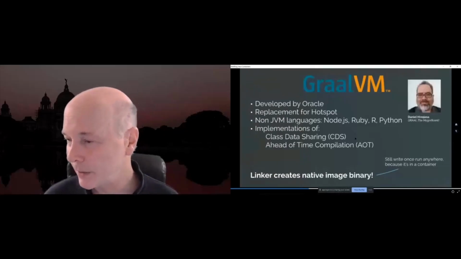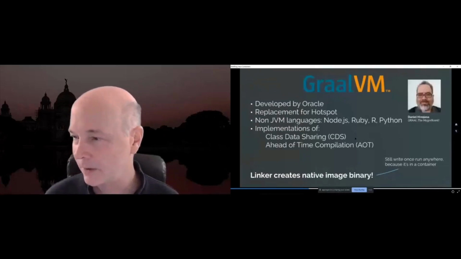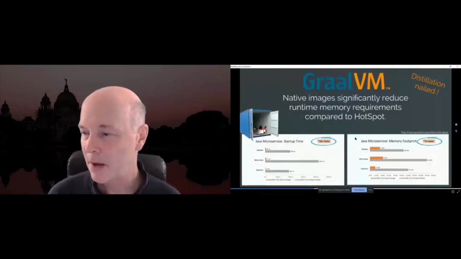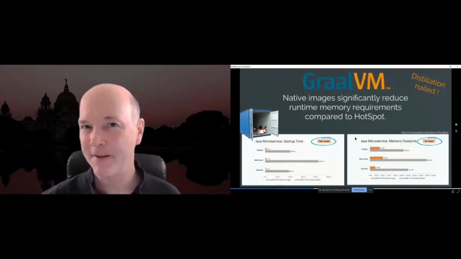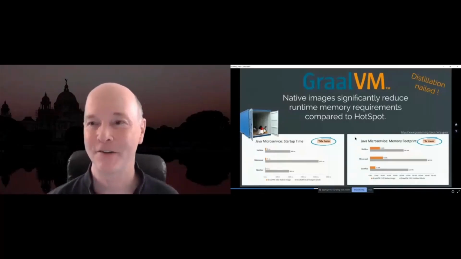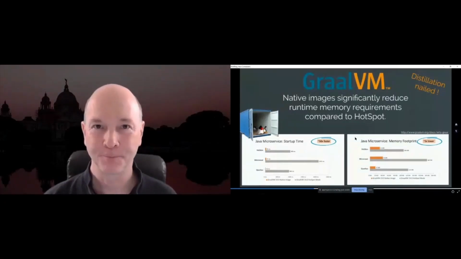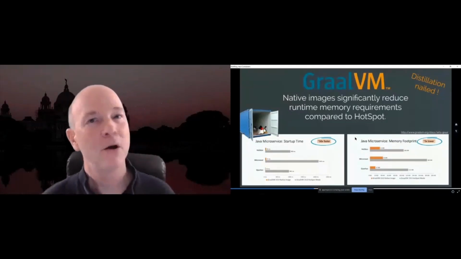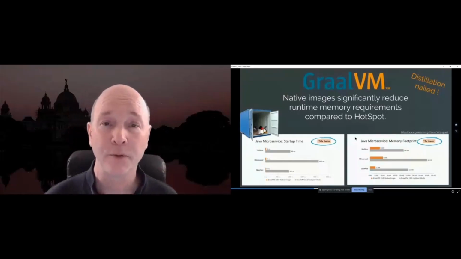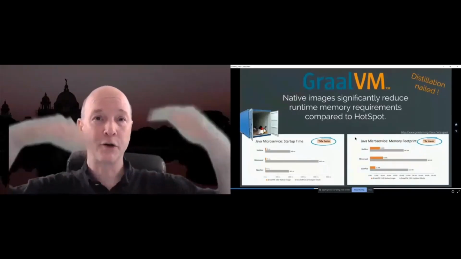And I want to get to it quickly because we're running out of time. The demonstration takes a little bit of time, but I want to let you know this is coming right from the website related to GraalVM. When your application is compiled with GraalVM and run with GraalVM, it's not 50% faster, it's 50 times faster in terms of startup time. So that old notion that Java takes a long time to start up is no longer true. That's really significant with containers when you have lots of containers spinning up and spinning down,